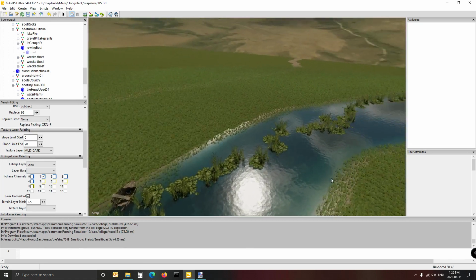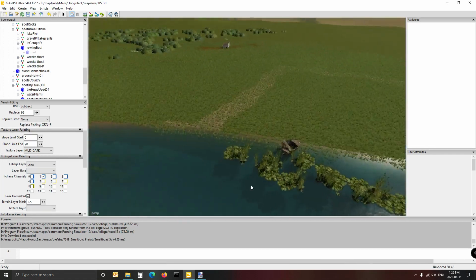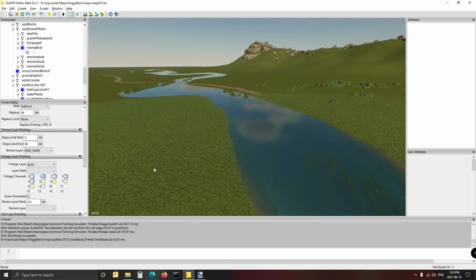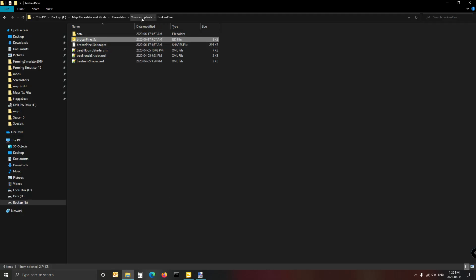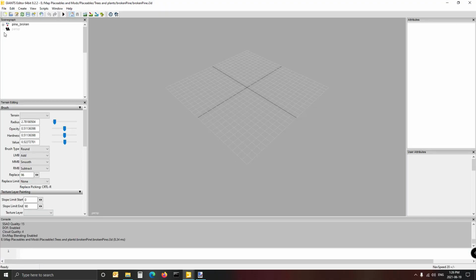I over the years sort of accumulated a few of my favorite stuff in folders, you know. So the first one is a broken pine tree, which looks like this. I'm going to show you what it looks like. And a big tip for you guys, if ever you export something from a map,